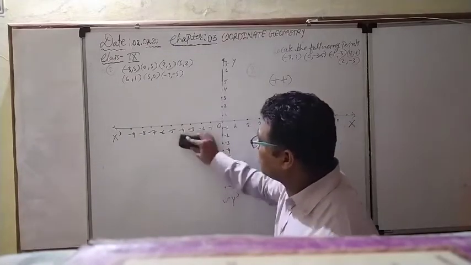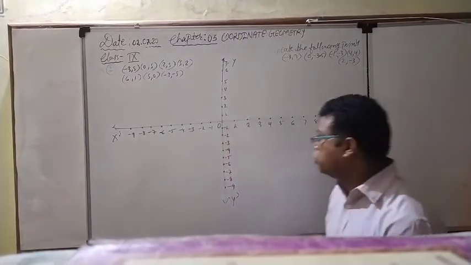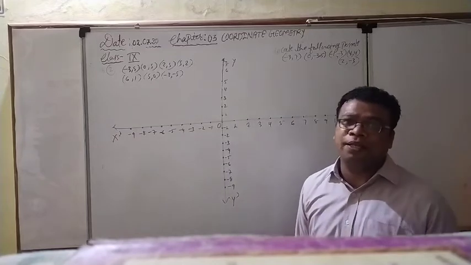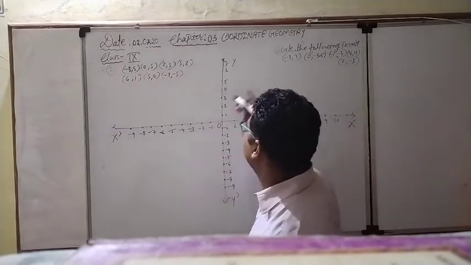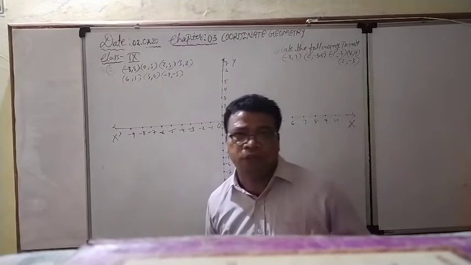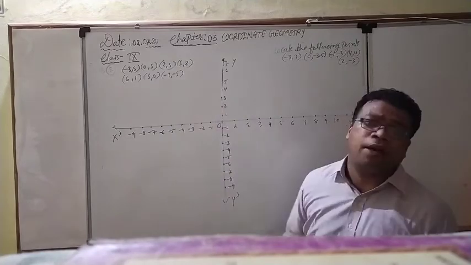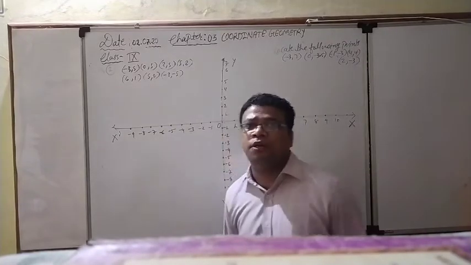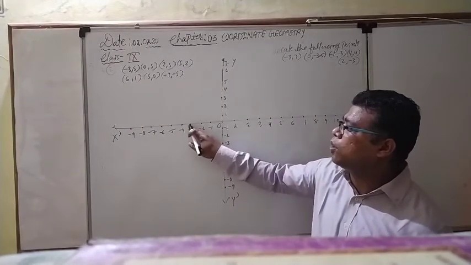Again I am going to rub this. Right now, directly we are coming to the question. What is the first point? Minus 3, 7. Minus 3 is the x coordinate, 7 is the y coordinate. So minus 3 means this. What is the location of this particular point? Directly we have to think. The location will be in the second quadrant. X coordinate means what? Distance from the y axis, minus 3.